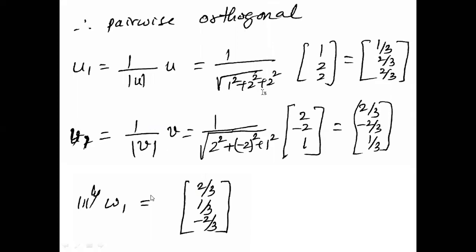We are also supposed to find the length of these vectors. So that is a very simple exercise. We will take the vector or the matrix U divided by the length of U. So U is 1, 2, and 2. And the length of U can be found as root of 1 square.